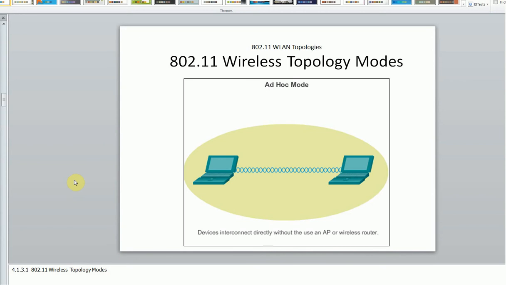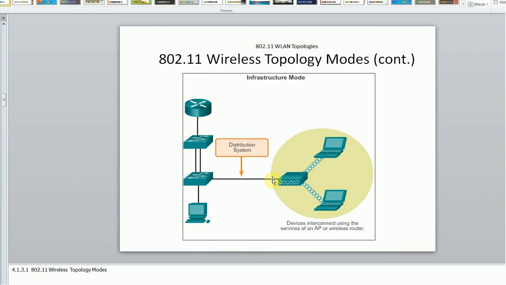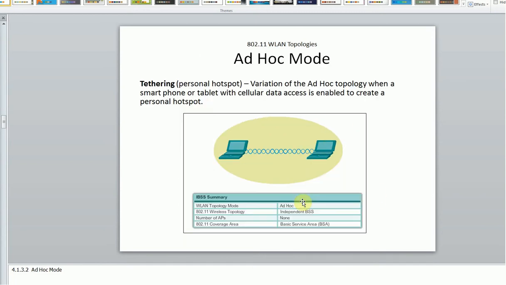Basically, how do wireless devices work? We can have ad hoc mode, which is peer-to-peer connections, and infrastructure mode, where the wireless access point can be connected to different wireless end user devices. End user devices can be laptops, PDAs and so on.